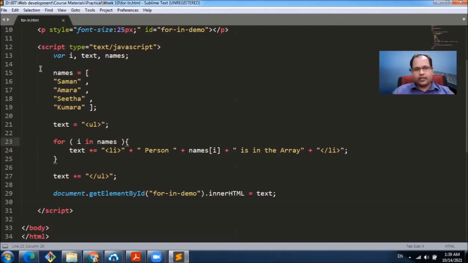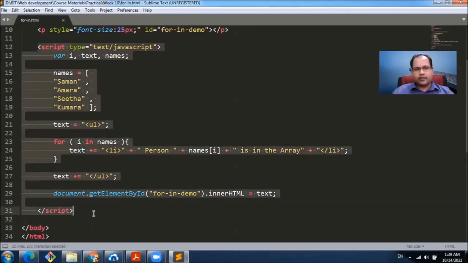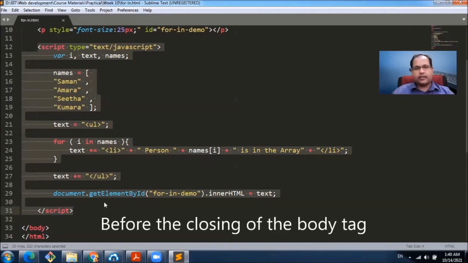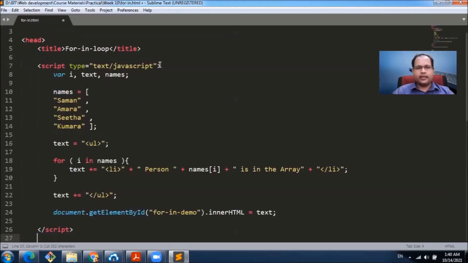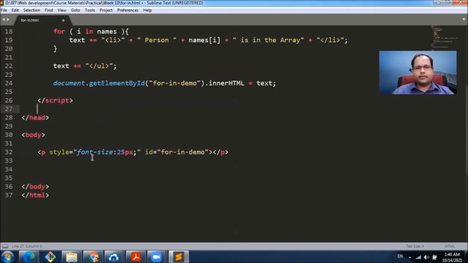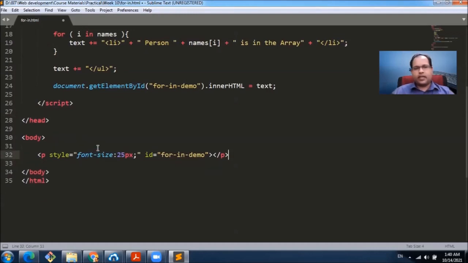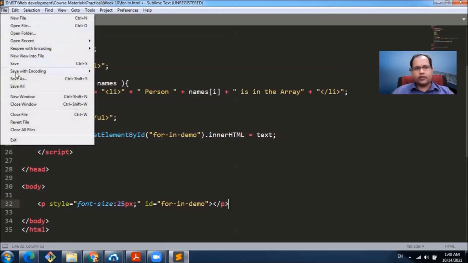We can actually specify the script at the bottom of the page, like maybe before the body tag, or we can specify it inside the head section. Well, let's see what will happen if we run this code now.